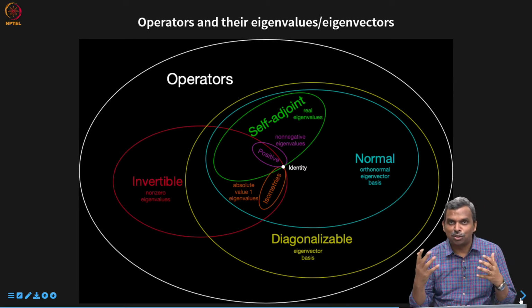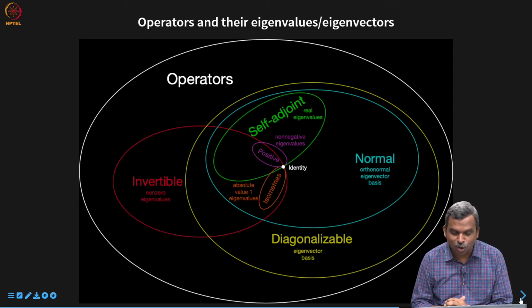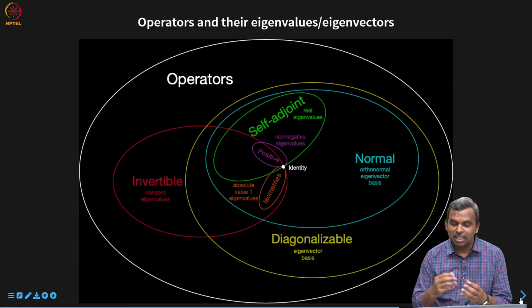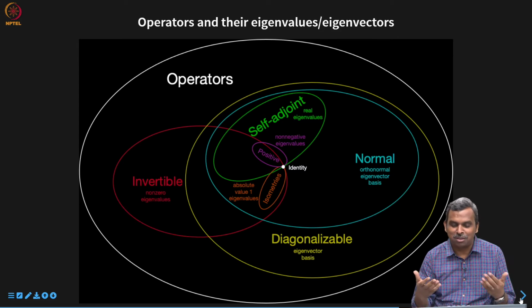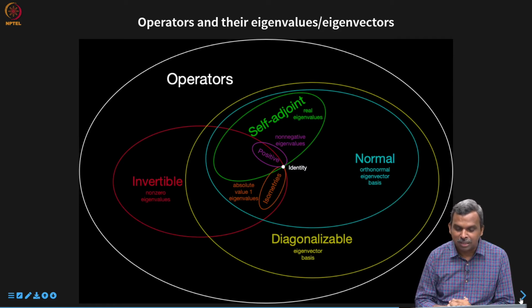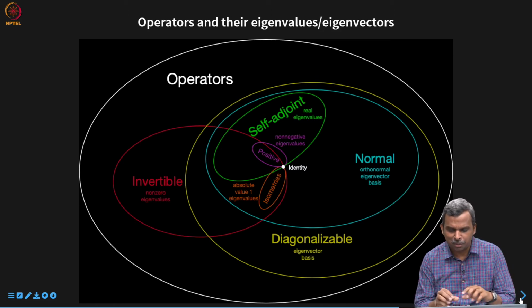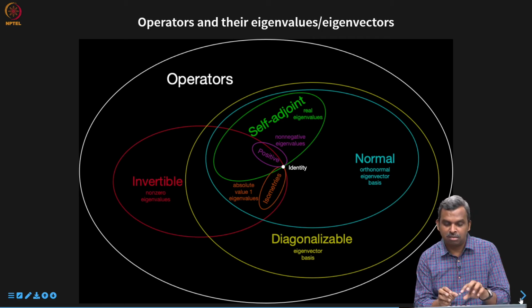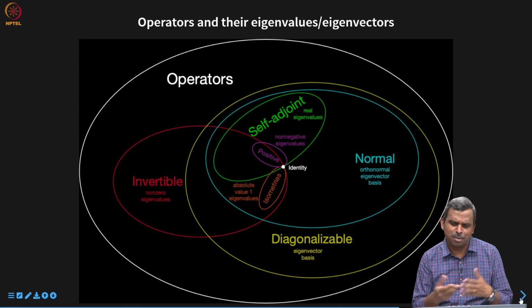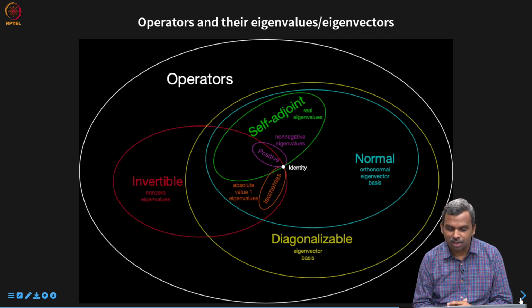I don't know if your sense of color agrees with the color or not. I don't know if the words and the types of operators and their colors are compatible according to some code you might have, but it's clear enough. You can see this picture is reasonable. Maybe I could have made it a little more symmetric by adjusting the positive and isometry to have the same size, etc. But it's okay. It comes out quite reasonably.